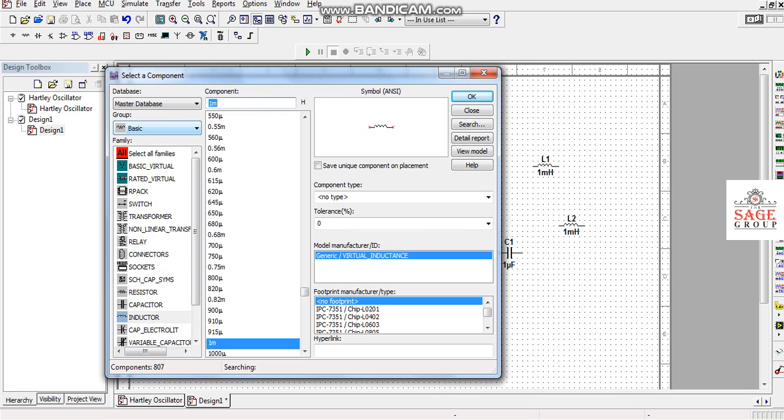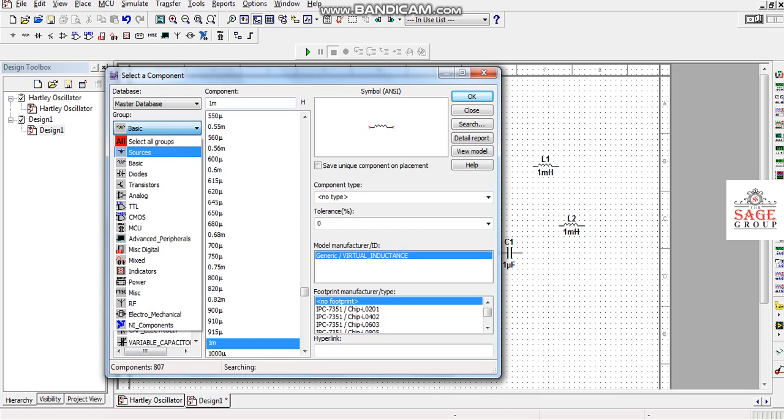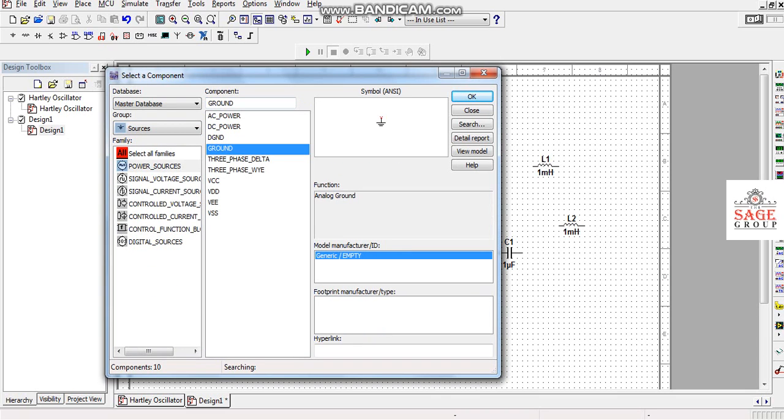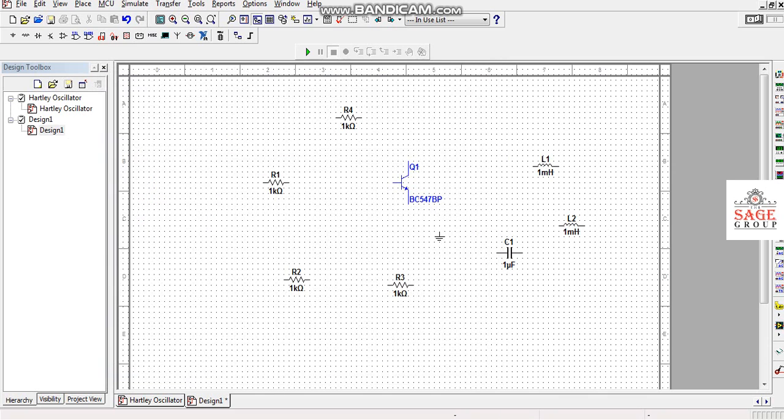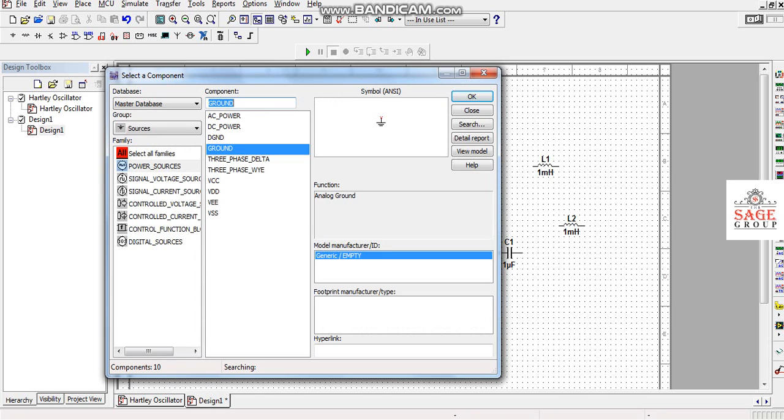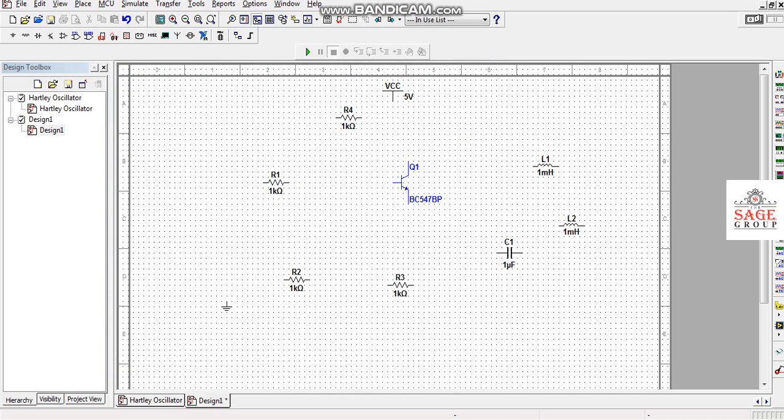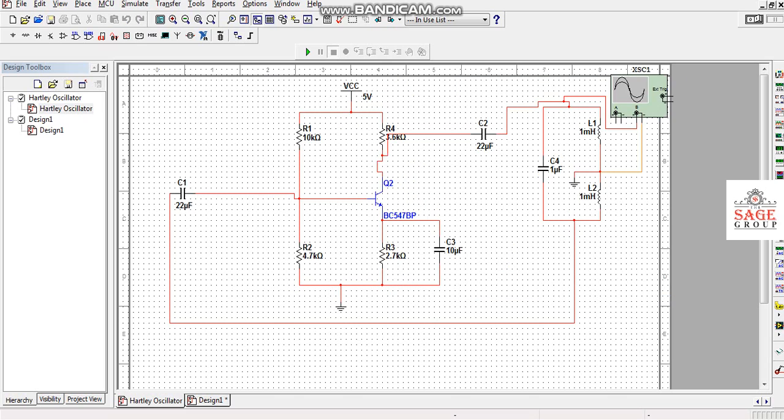Now I want the sources: 2 sources are required, ground and a VCC supply of 5 volts. First of all I will arrange all the components in this circuit window.